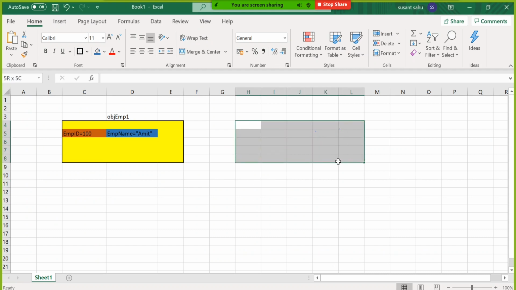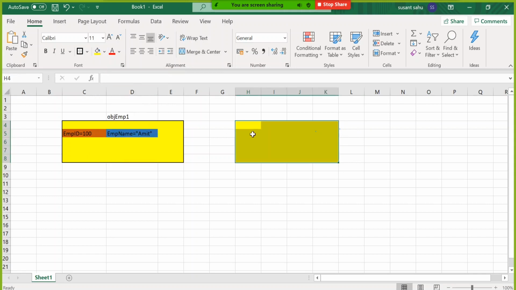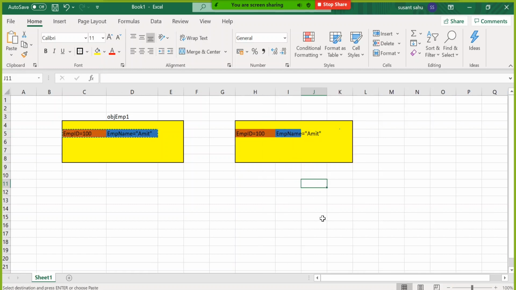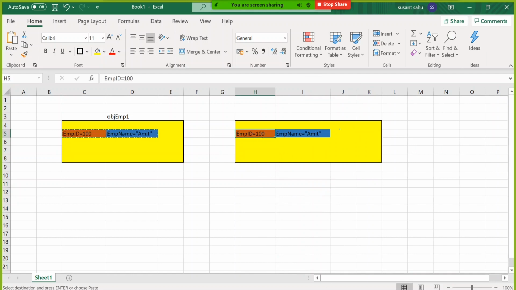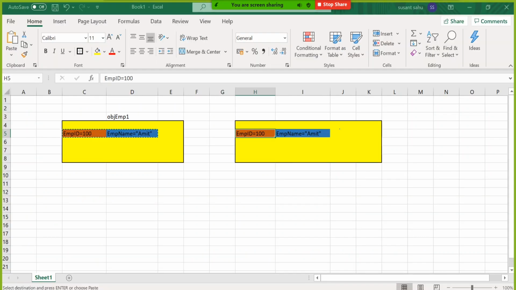This is one more object, and it has two more variables, almost similar to this. I'll copy paste it here. One is employee ID and one is employee name. But this time it didn't give any default value. Rather it collected from main, that is 105 and BBB, and assigned them here. So instead of 100 it became 105, and instead of Amit it became BBB.